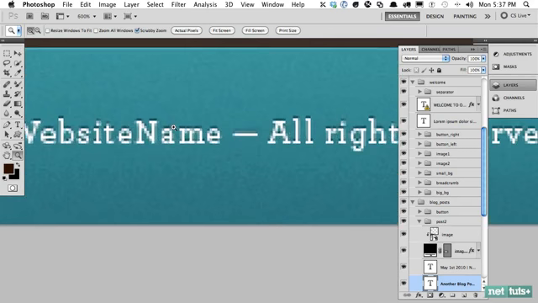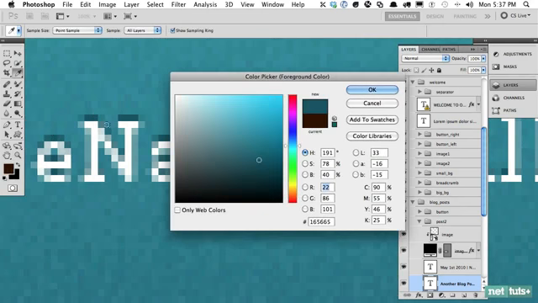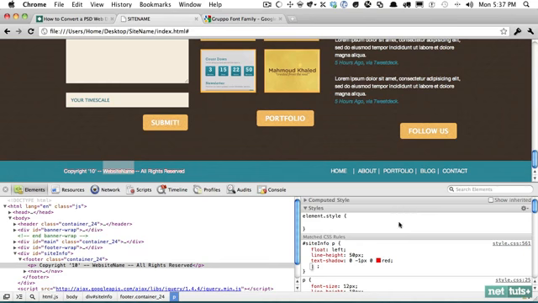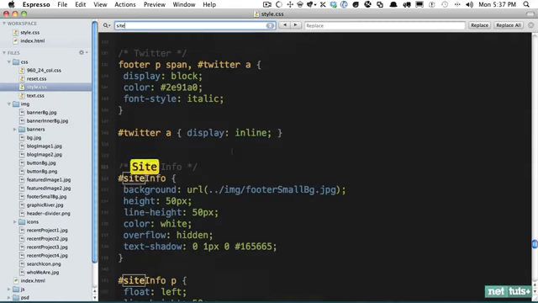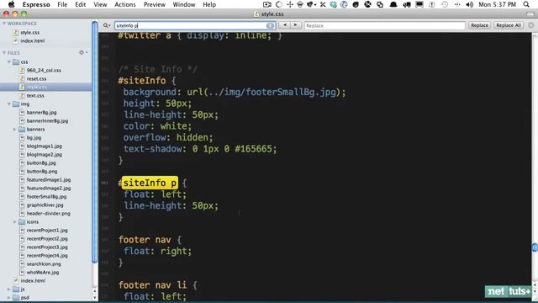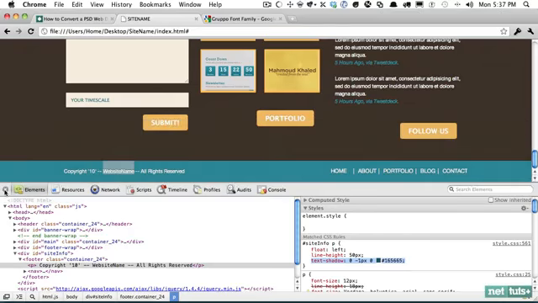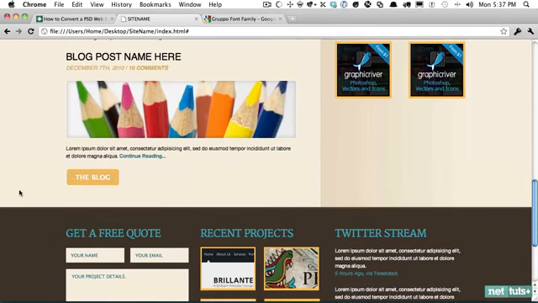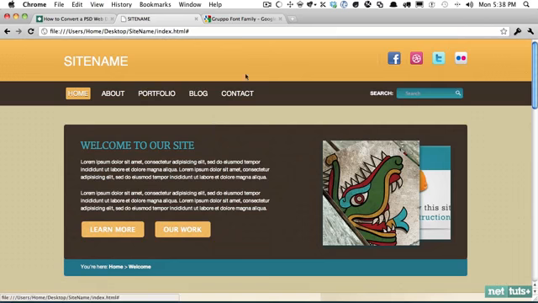Okay, good. And now I'm going to zoom in and grab one of these colors. And it looks like it's a dark blue. So I'll grab that, and if I paste that in, okay, now we're getting our text shadow. So now all we have to do is copy and paste that into Site Info, Site Info P. There we go. Go back to Chrome, refresh the page. And now if we zoom out just to get a bird's eye view,